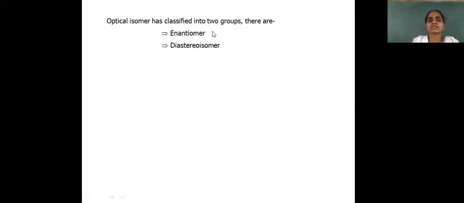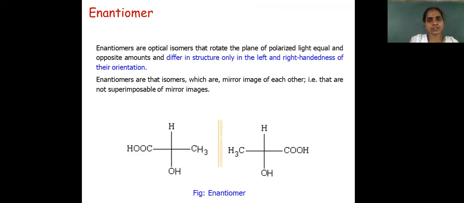And here optical isomers are again classified into two types. So what are the two types? Enantiomers and diastereomers. So what is meant by enantiomers and diastereomers? Enantiomers are the isomers which can rotate the plane polarized light. When the isomers act towards the plane polarized light, the molecule starts rotation, either to the right side or the left side, showing a clockwise or anti-clockwise rotation or orientation. Such compounds are called enantiomers.